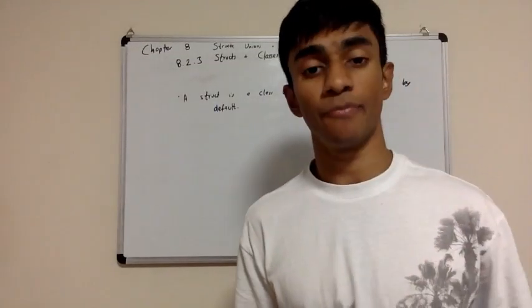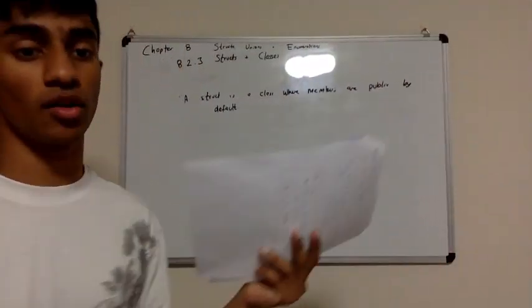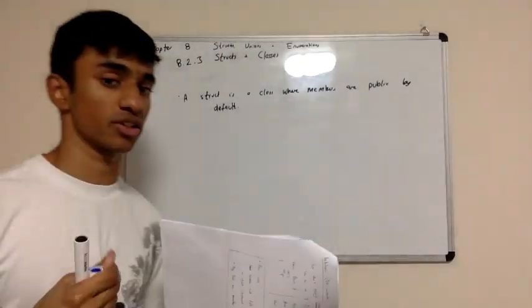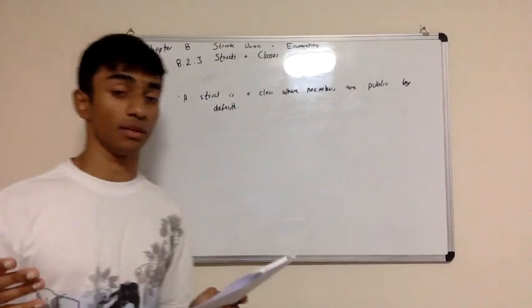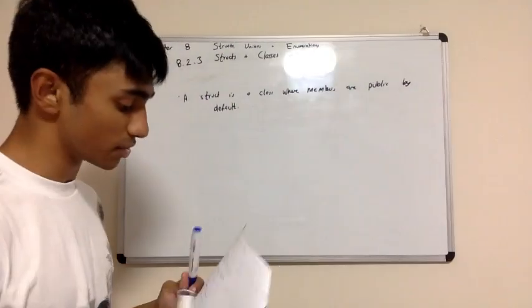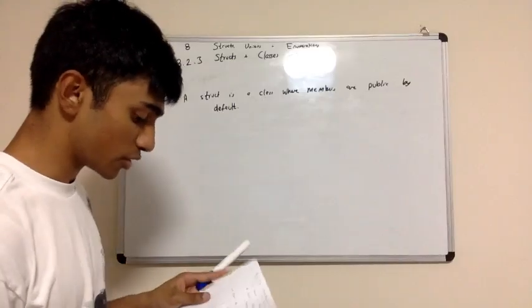So in that way, we say that the members are public. There's no kind of hiding of the data at all. You can happily access them. That's not necessarily true for classes. Classes, you can actually make it so that some members or some elements can't be accessed. But a struct is a class where the members are public by default. And we can also, a struct